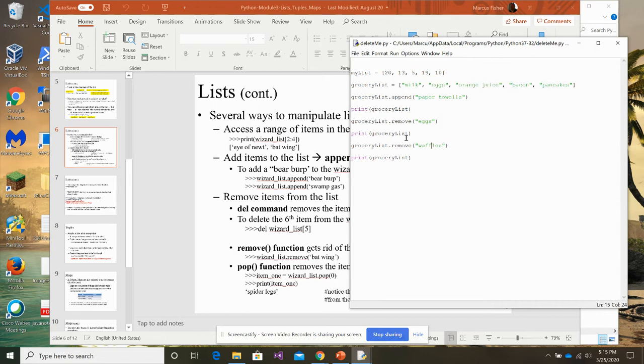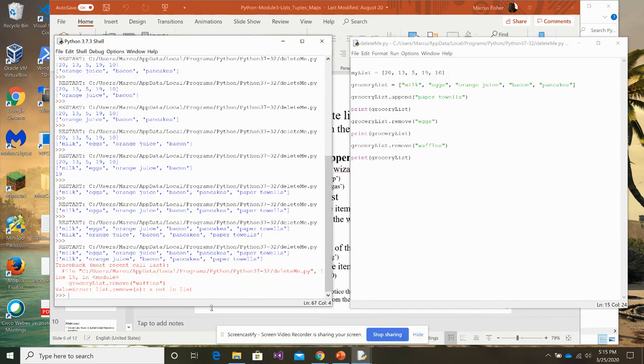Okay, so when we try to remove waffles from our list, what's going to happen? Well, in Python, an exception is going to get raised. In Python, it's called raised. In other languages, they say it's getting thrown. And so we're going to get an error. You know it's an error because it's bright red text,